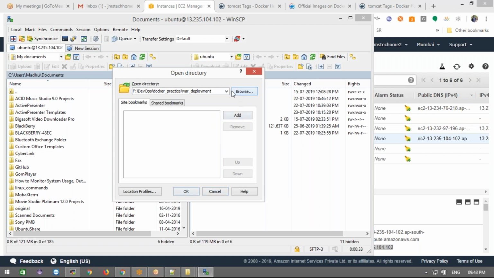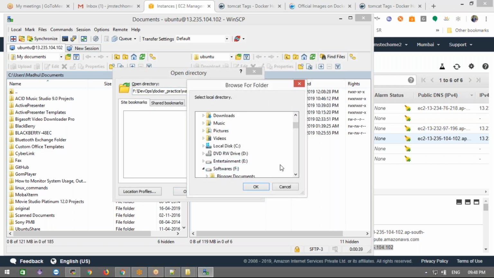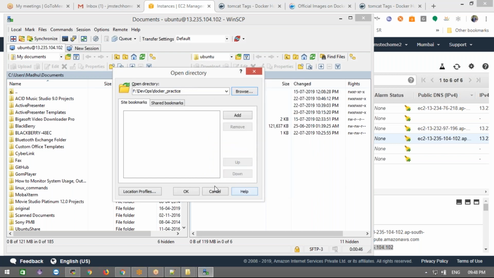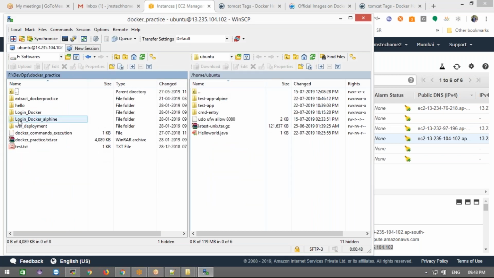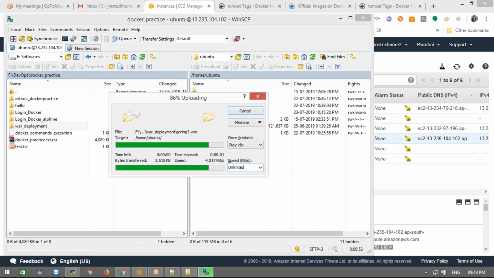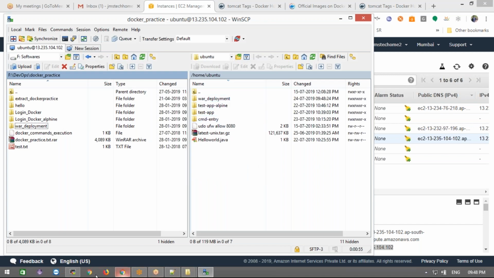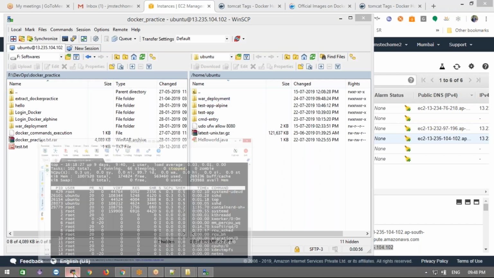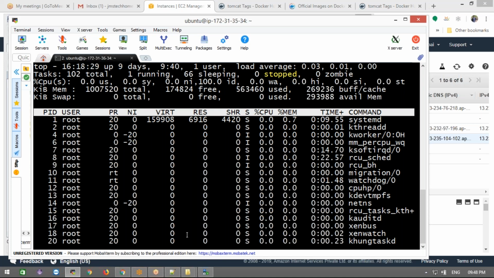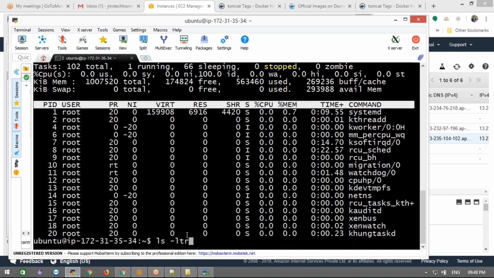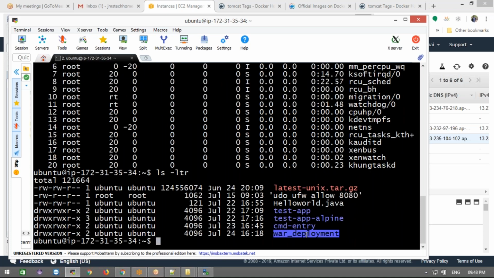Go a little bit back. Okay, now I just drag and drop it here. Let's go to our machine and run ls -ltr. See, you can see the WAR deployment.